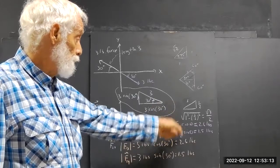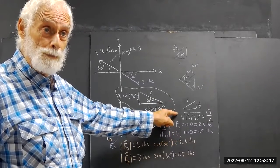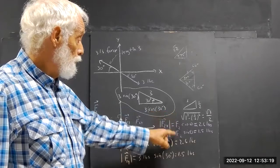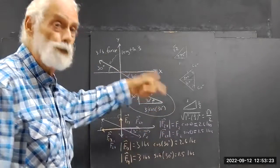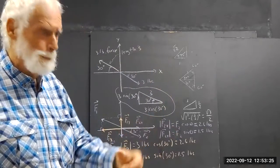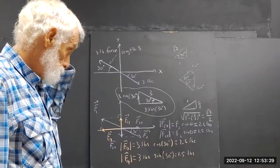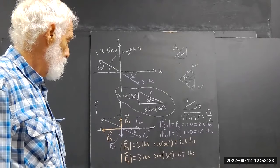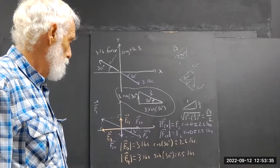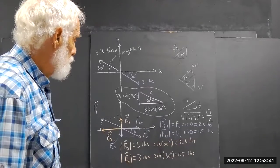So I could put absolute value signs around the F2 and an arrow over it. F2 with an arrow over it and absolute value signs just means 3 pounds, the magnitude of the force. Okay. And similarly with F2. Okay, well, so far,